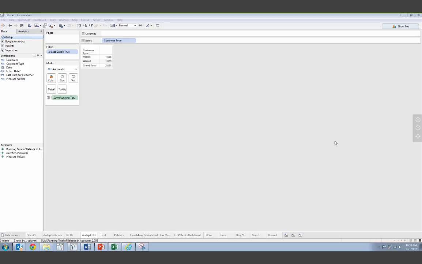Whereas I think the order of the data is important. I always think, is there movement in the data? Is the result I'm trying to get, does it have a movement and an order to it? In which case, you can look at the running total or the index or something.